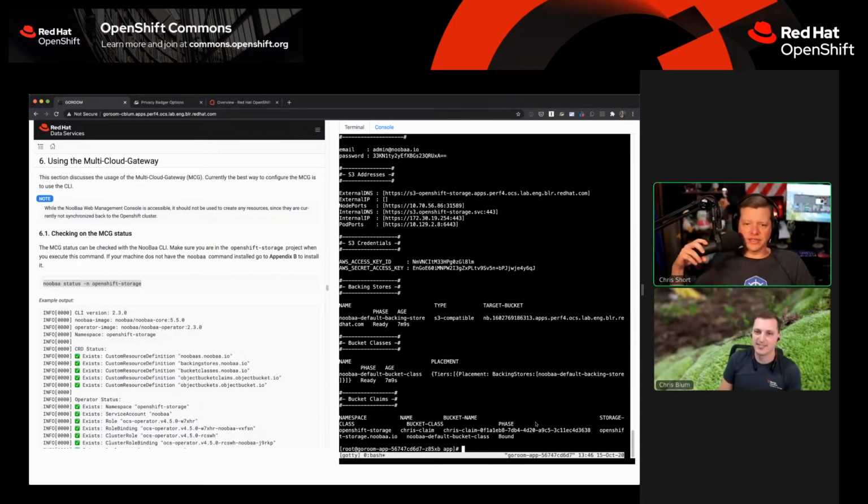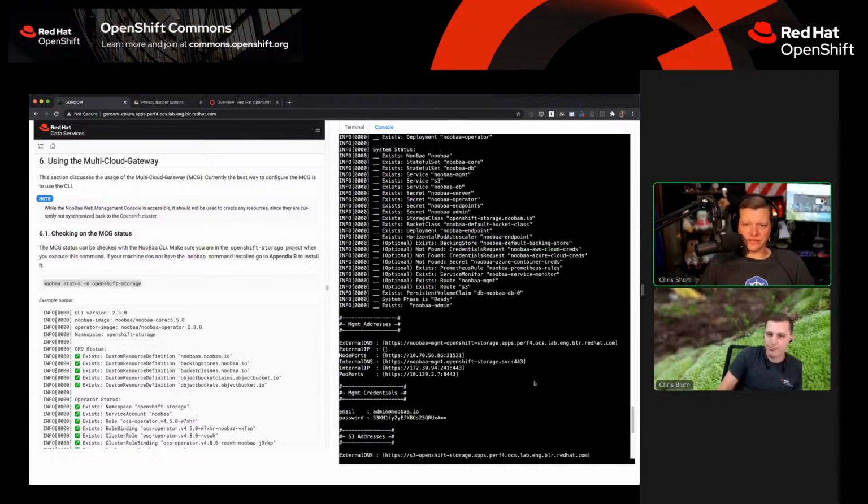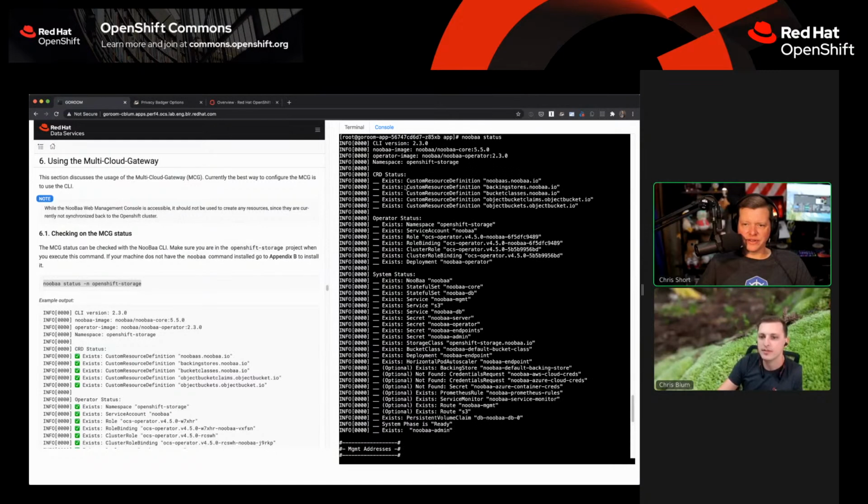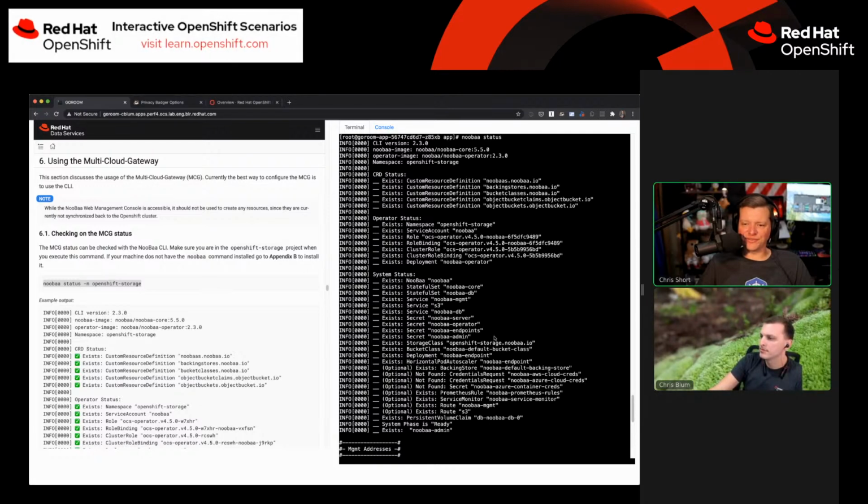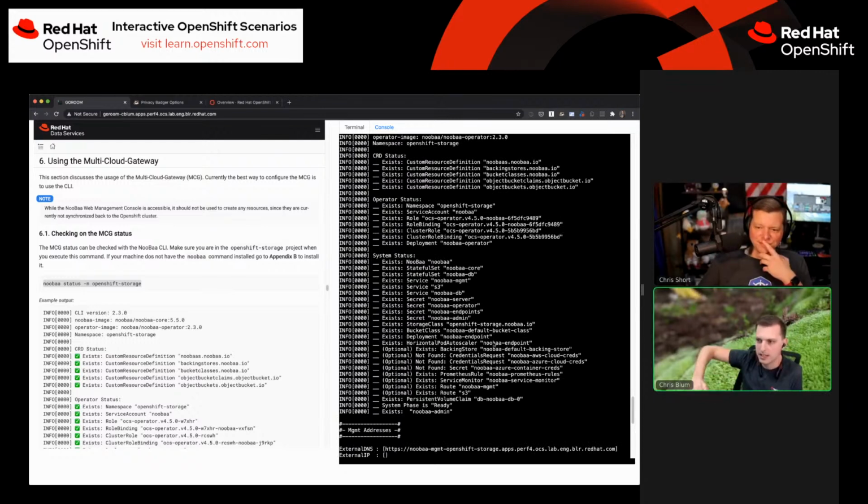Cool. So yeah, like there's all of our storage fun. Let's see what's going on up here. CRD status exists. Operator status exists. Optional. Oh, whole bunch of fun stuff that you can plug into Nuba. That's cool. S3, Azure, whatever you want, throw it at it. Nice. Yeah, and so in the beginning, it checks what the installation looks like, if everything is working in order,